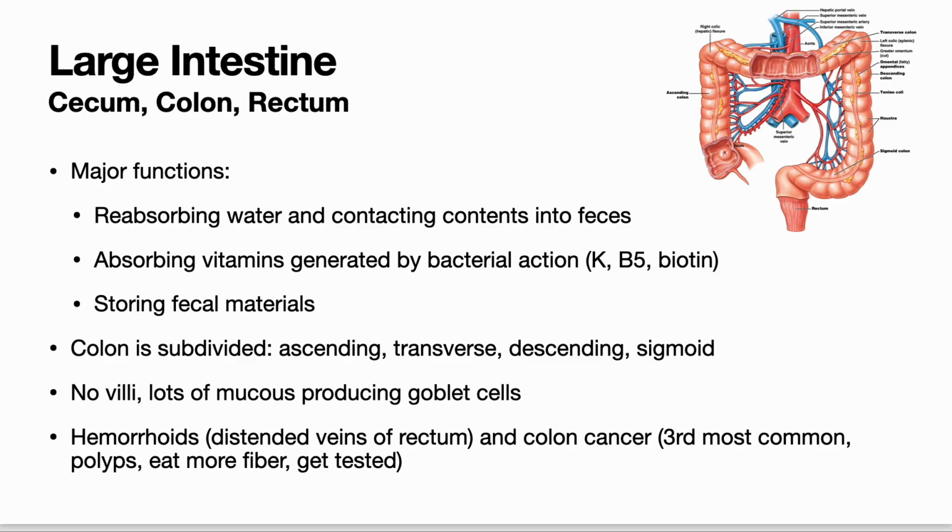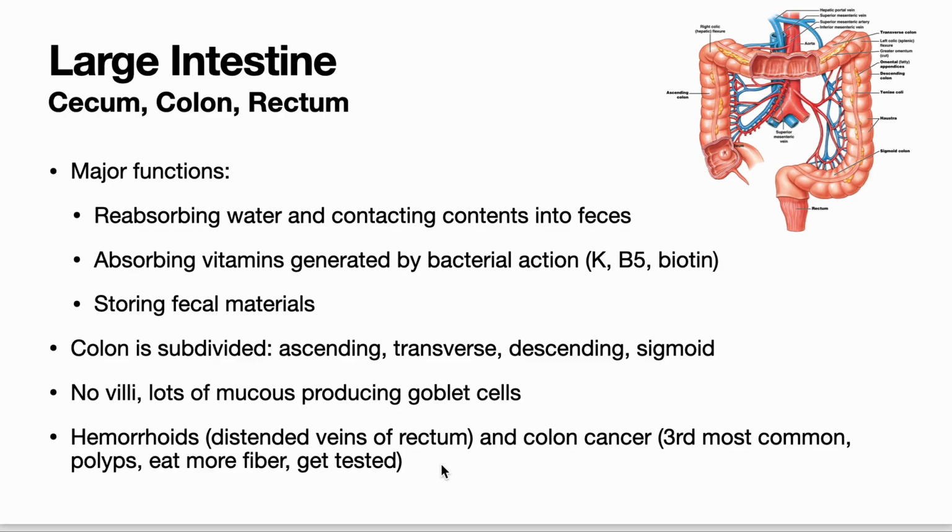But there is a lot of mucus-producing goblet cells because fecal matter is harder and sort of scratchier and drier, and so we really need a lot of lubrication in the large intestine. Something clinical associated with the large intestine are hemorrhoids. These are when veins in the submucosa get distended due to high pressure from straining to go to the bathroom, or pregnancy puts a lot of pressure on them. And so you get these outpocketings of tissue or distensions. And they can be painful and itchy, but they will often resolve themselves, although really bad hemorrhoids may require surgical